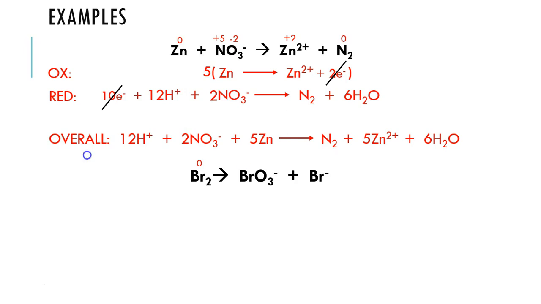So in the next example, we have elemental bromine, the bromate ion, and bromide ion. So we see that bromine is going to be both oxidized and reduced in this equation. For oxidation, we have bromine going to the bromate ion because bromine goes from 0 to +5. So we're going to first balance bromine by adding a coefficient of 2. We'll then add 6 water molecules to the reactant side to balance oxygen, and 12 hydrogen ions to the product